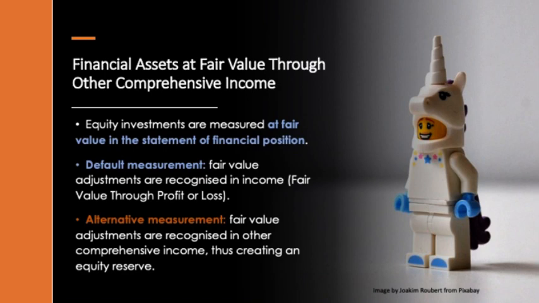This means that the investment at each reporting date will need to be presented at its fair value in the statement of financial position. Any fair value adjustment, whether it's an upwards adjustment or a downwards adjustment, will go through other comprehensive income. That means in the bottom of your statement of profit and loss and other comprehensive income, you will show a fair value adjustment, which can either be a positive, an upwards adjustment, or a negative, which is a downwards adjustment.